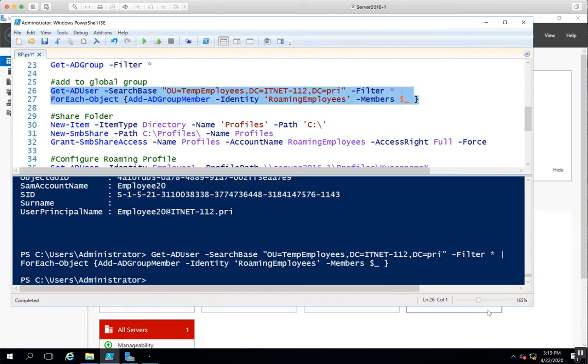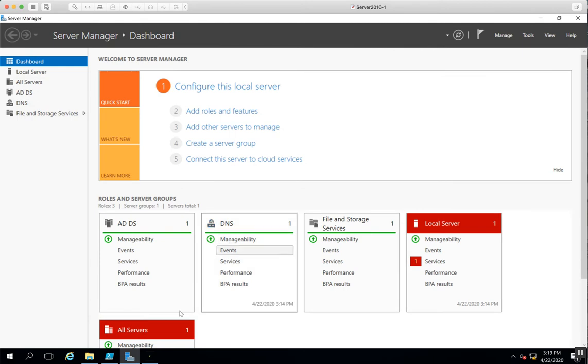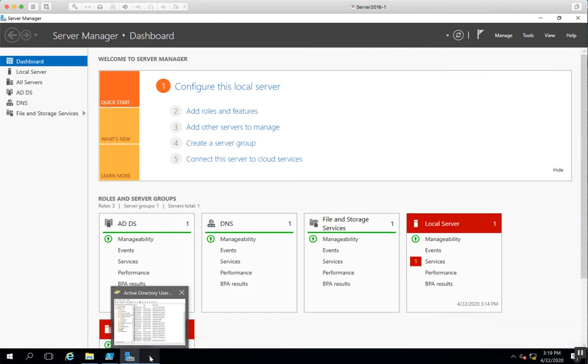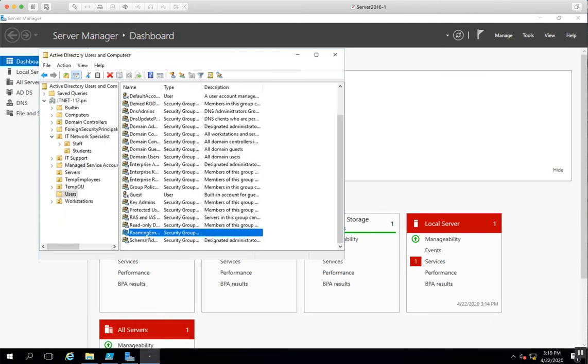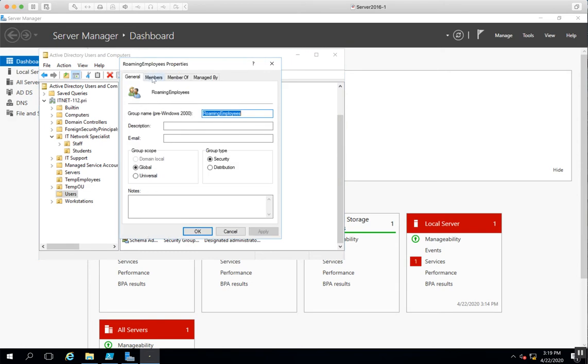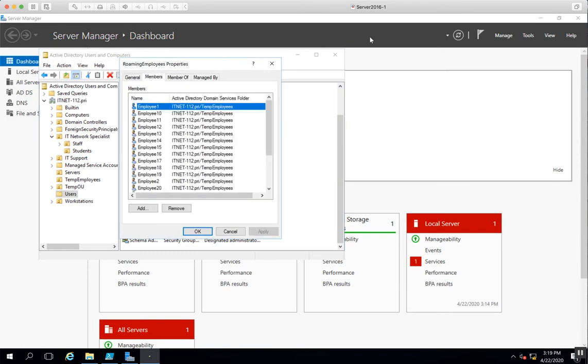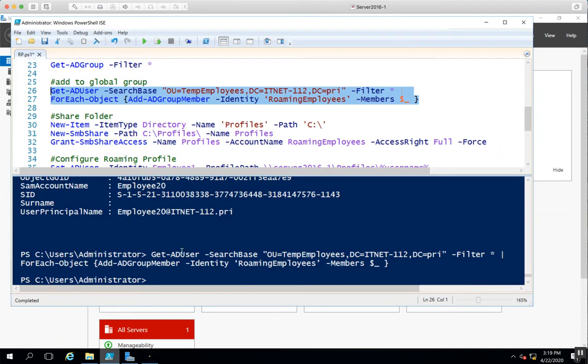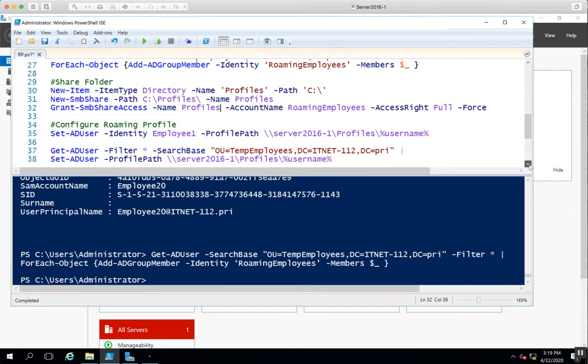Okay, I could prove to myself that that works. We could just go to Active Directory Users and Computers here, and take a look at that roaming employees global group, members, employees 1 through 20. Okay, good. Now that we've got our user accounts created,